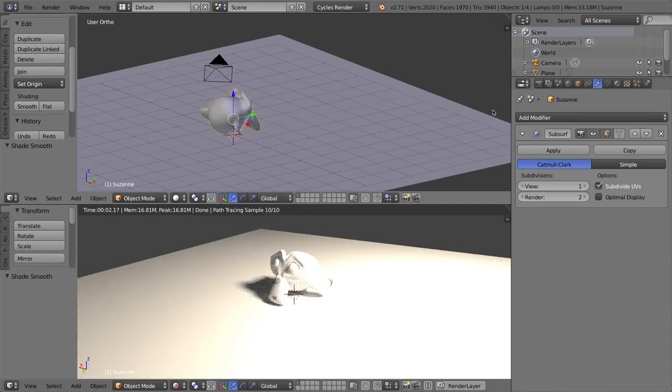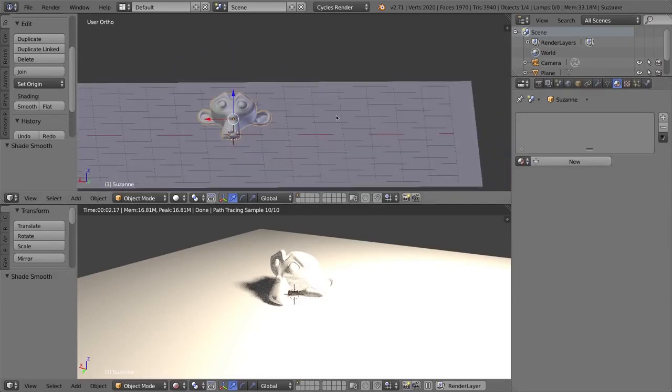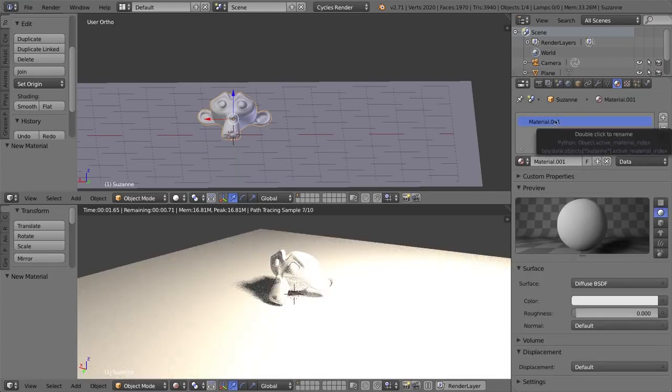This monkey head probably doesn't have a material. Let's go check. With it selected, I'm going to go to the Materials tab. So we're going to make it have a few different types of materials, and I'm going to show you how to make and combine materials using what's called a mix shader. So I'll click on New. It's added a new slot to this material, and we're going to name it. So I'm going to name this Matte Material 1